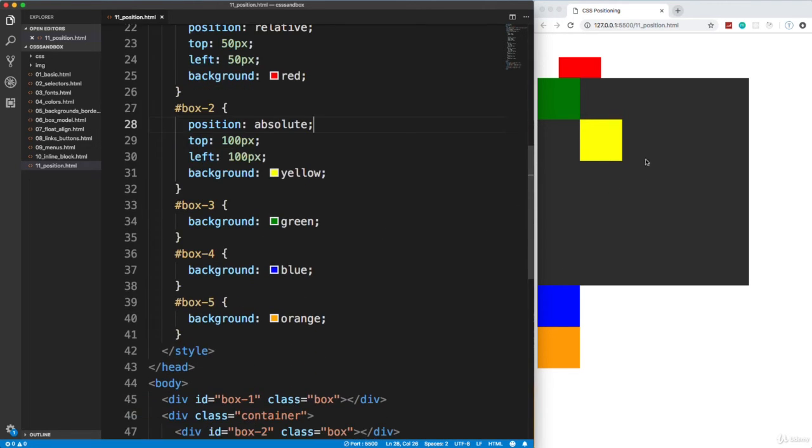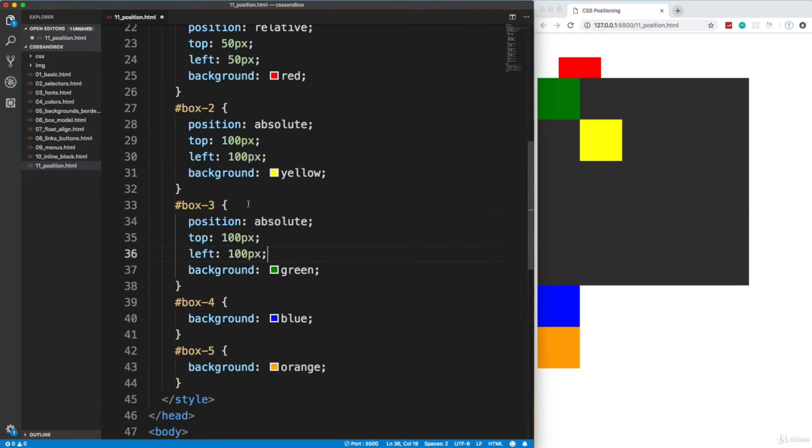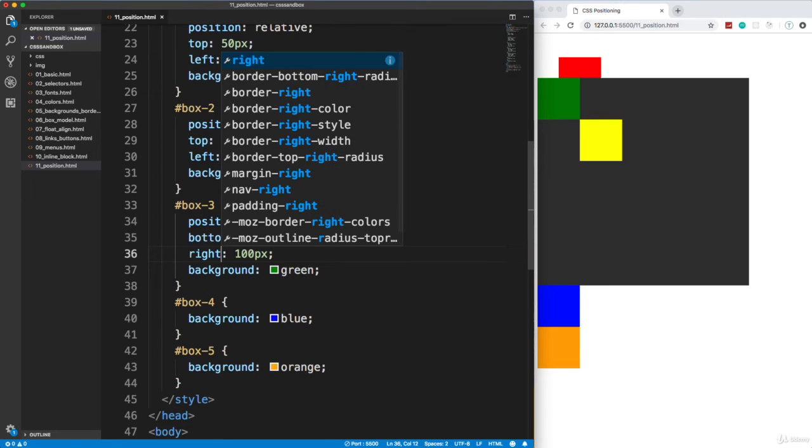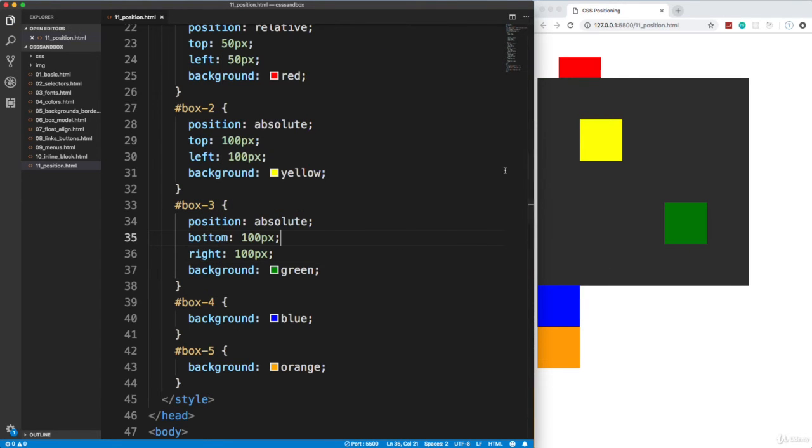Now box 3 is also within the container. So let's just copy this, and this time we'll do from the bottom right and save. And now within its container, it went from the bottom up 100 pixels and from the right over 100 pixels. So you can precisely put things wherever you want, positioned absolute within a relative container. Hopefully that makes sense. Now, before we move on to fixed, I just want to mention something, and that's the